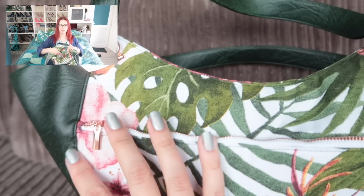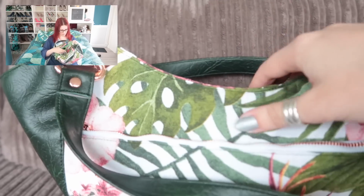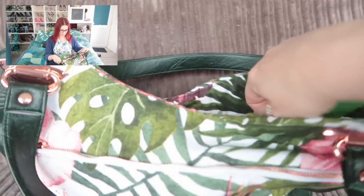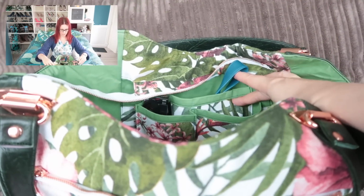I'm going to film a close-up of this. I think it's going to be easier than trying to explain this. I did feature this in the vlog, but yes, I've used the Chris W Designs Pocket Supplement A, and then I put in a zipper pocket as well. This actually does have these little clasps so that you can do the bag up, and it gives it a different shape,